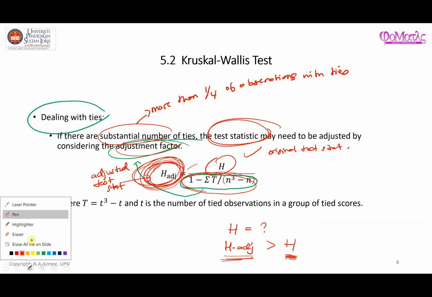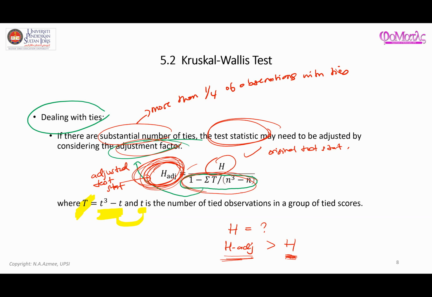Now what is T? So big T here is equal to t cubed minus t, and small t here is just the number of tied observations in a group of tied scores. Again, this idea has already been mentioned in an earlier video related to non-parametric procedures, but don't worry too much about it. We are going to look at a specific example dealing with ties, and you will be able to understand how this process is employed. Okay,